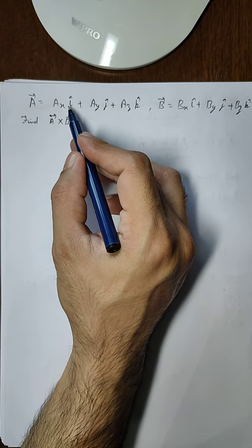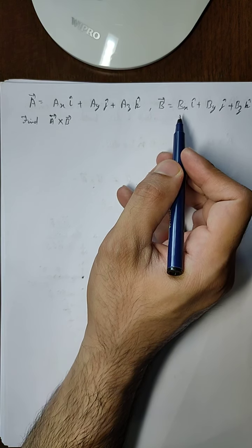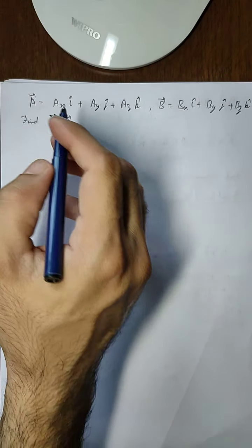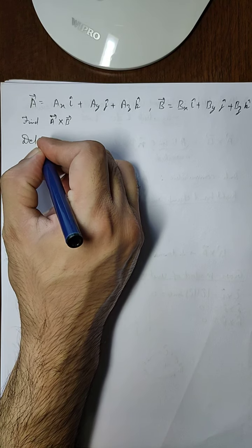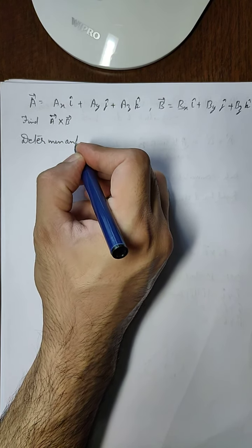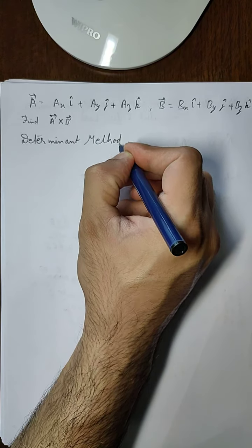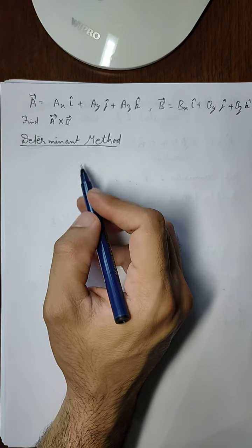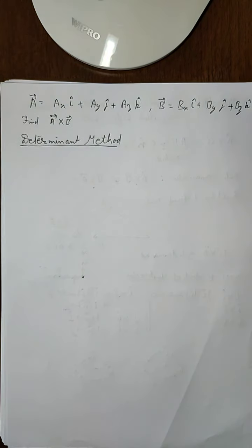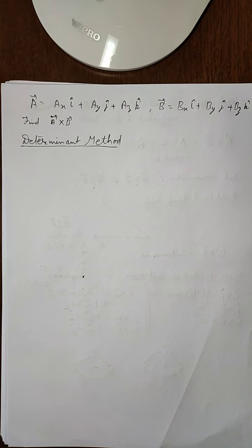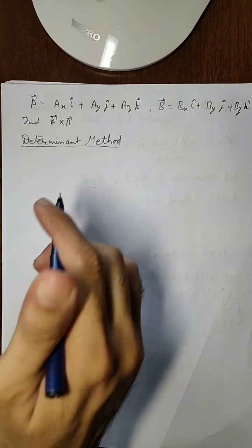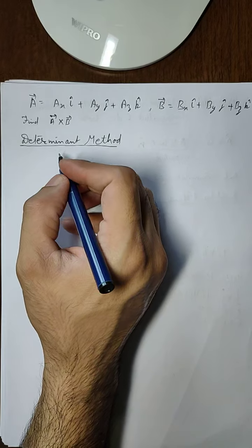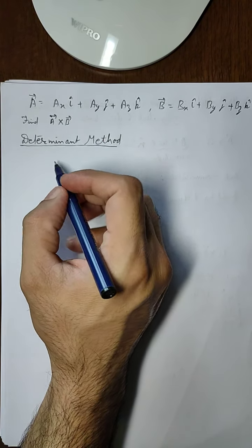Now finding vector products of unit vectors is easier, but how do we multiply Ax, Ay, Az with Bx, By and Bz? For this there is another method, and it is called the determinant method. I'm not going to derive the formula; how we get this formula will be done in the mathematics subject in class 12, but in physics we need it right now, so I'll only give how to solve this. So if we have to multiply them, then we use a determinant.